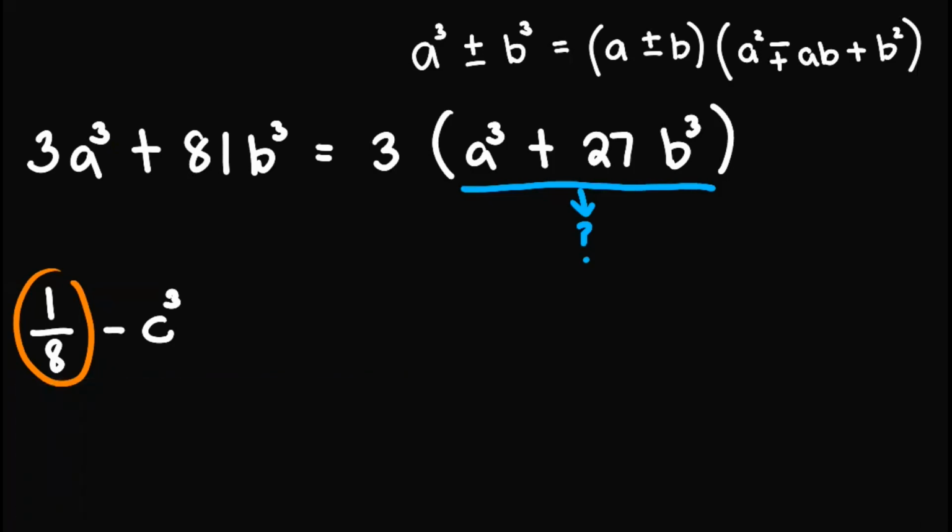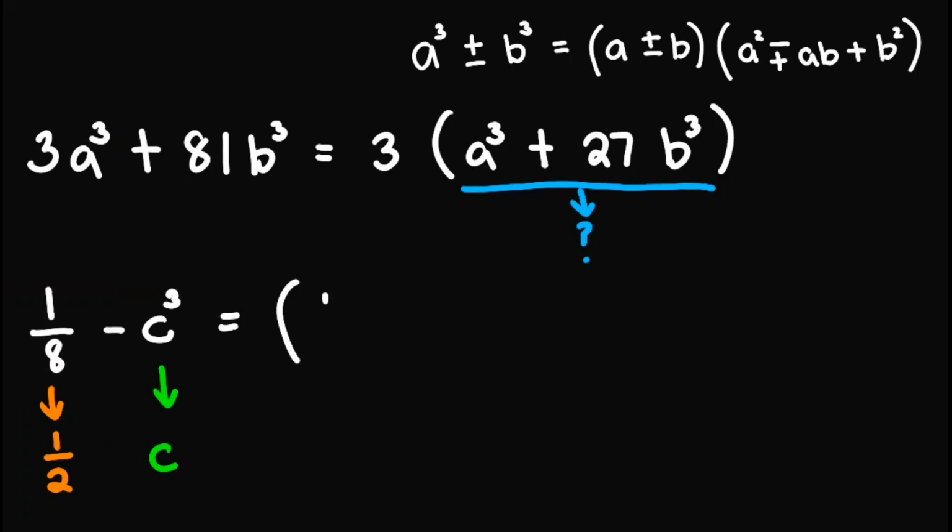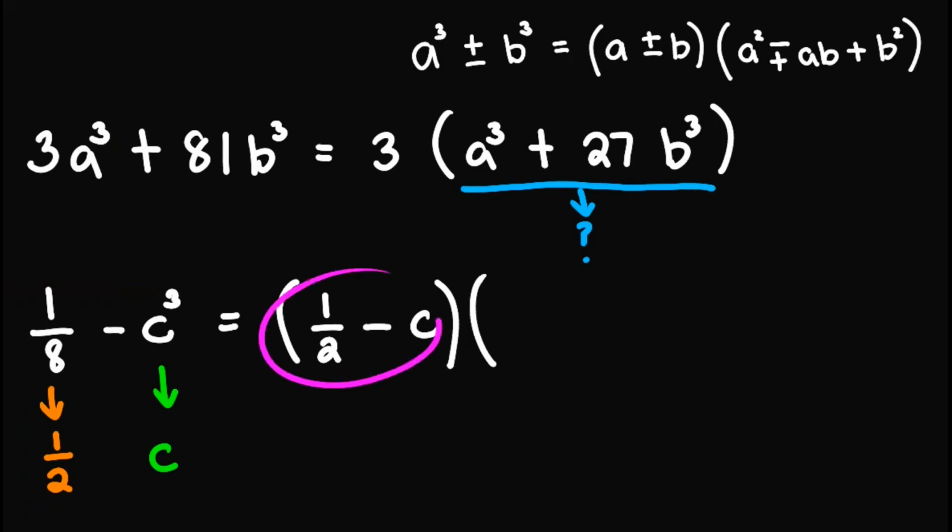So we know that the cube root of 1/8 is 1/2. For c cubed, its cube root is c. So with these two, we can now create its factored form. So first, the cube root of the first term, which is 1/2, copy the sign, cube root of the second term, which is c, times, focusing now on this binomial,